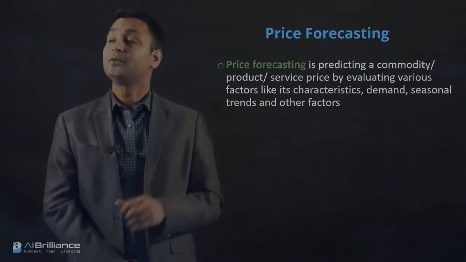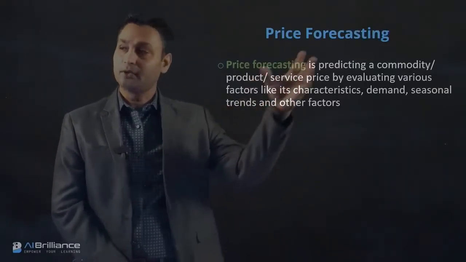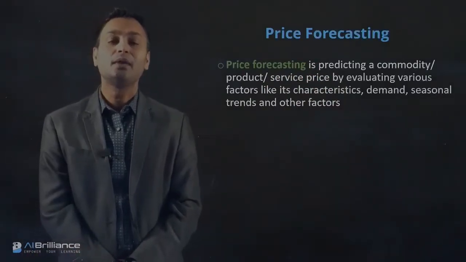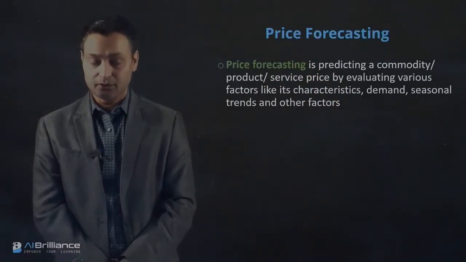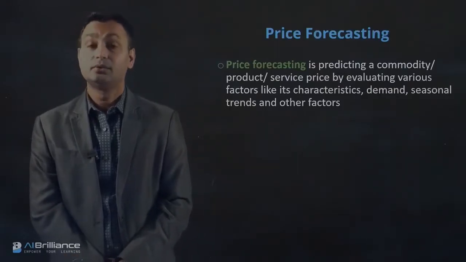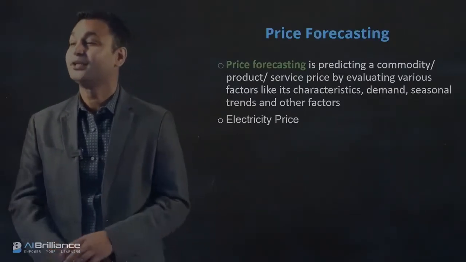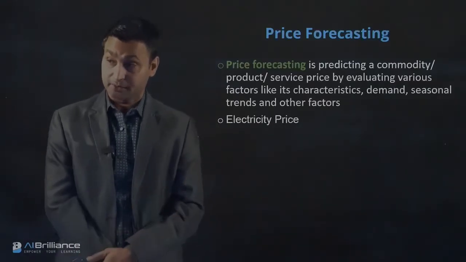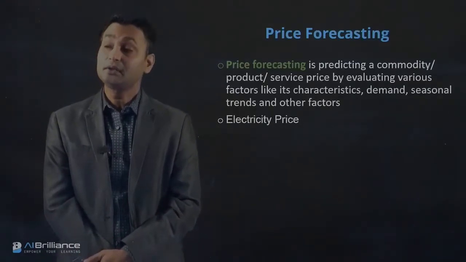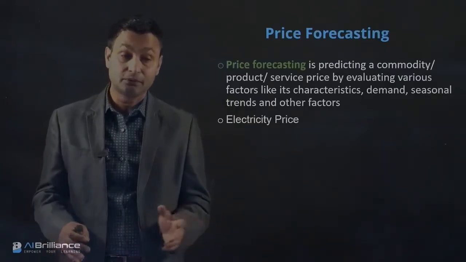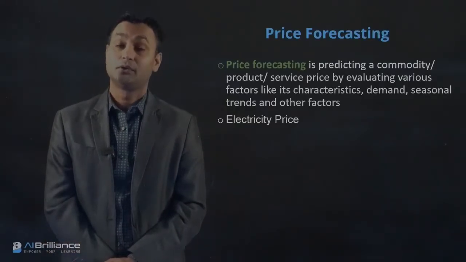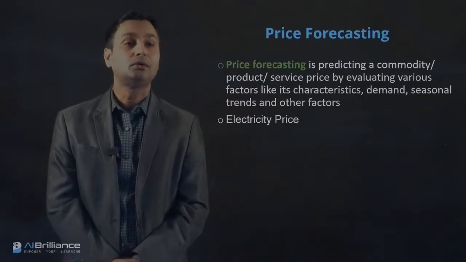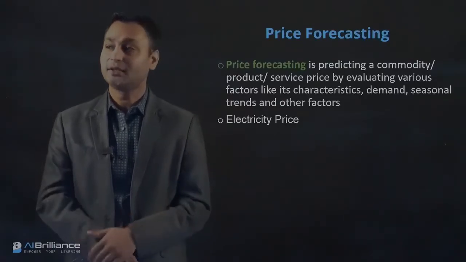If you take into account all of that, you fall into price forecasting, and this is a big domain where RNN has been used in the last decade or so to build amazing apps. Here are some of the things that people are doing. Predict electricity prices. Electricity prices could depend upon multiple factors like weather, your location, the season, your neighborhood, who else is using the electricity and so on.